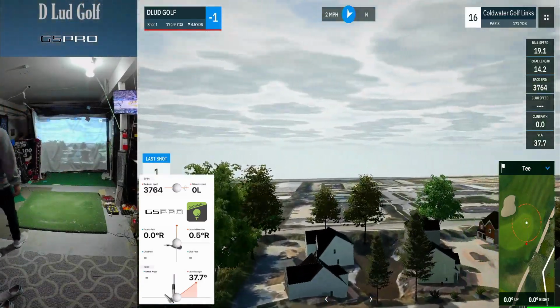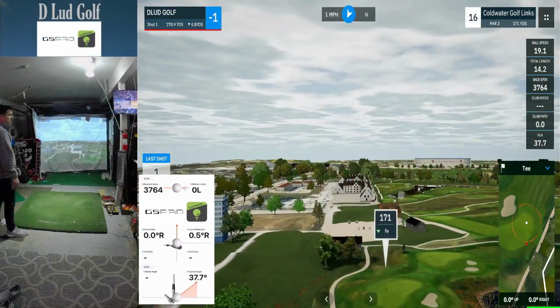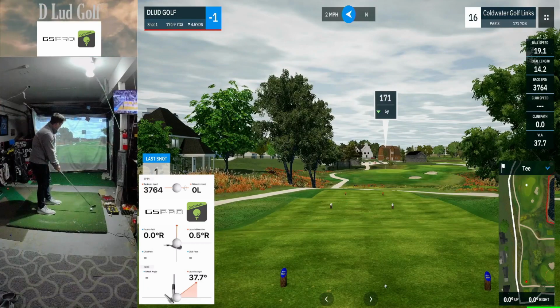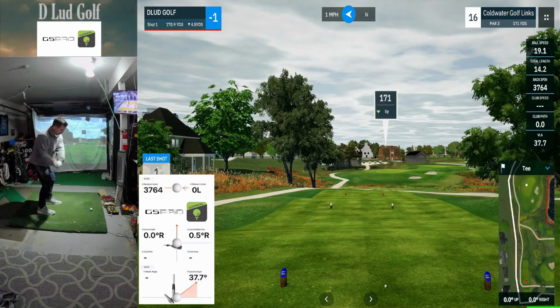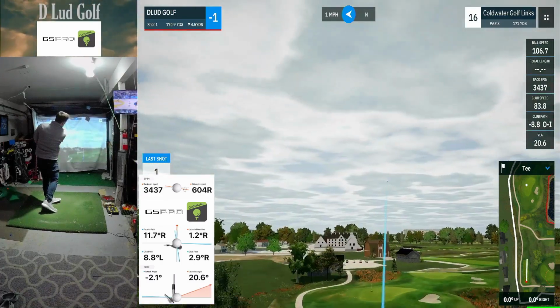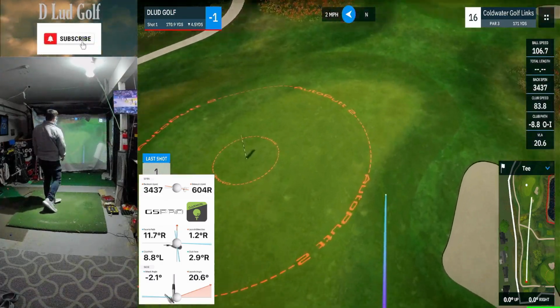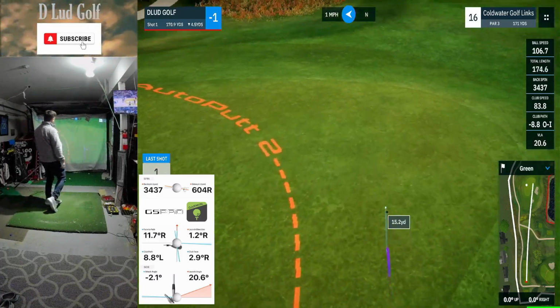And playing some decent golf here. I've had some really up and down rounds. Irons have been really funky. Iron swing has been kind of funky. But this round right here at Coldwater has been pretty good, despite...